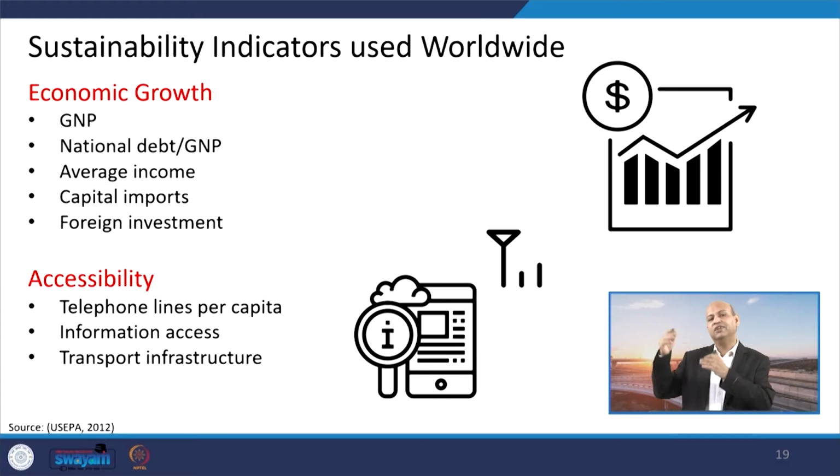Otherwise, there is a divide. For example, nowadays you might be hearing that there is a great divide between urban education system and rural. During the corona period, urban people could access the education through online means, but the rural population could not access because there is no net facility of that intensity. So, all these are the issues.